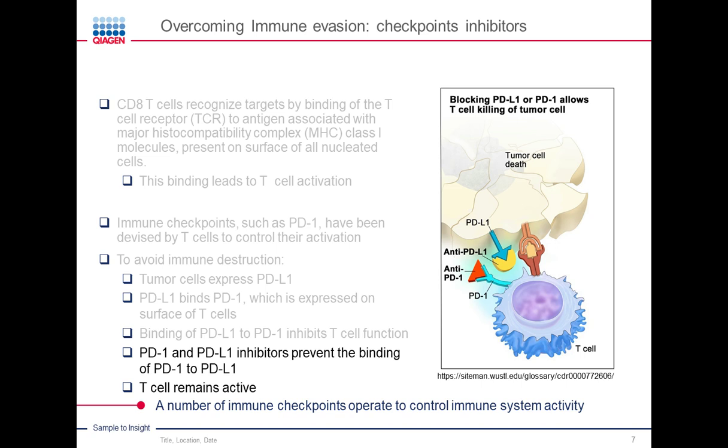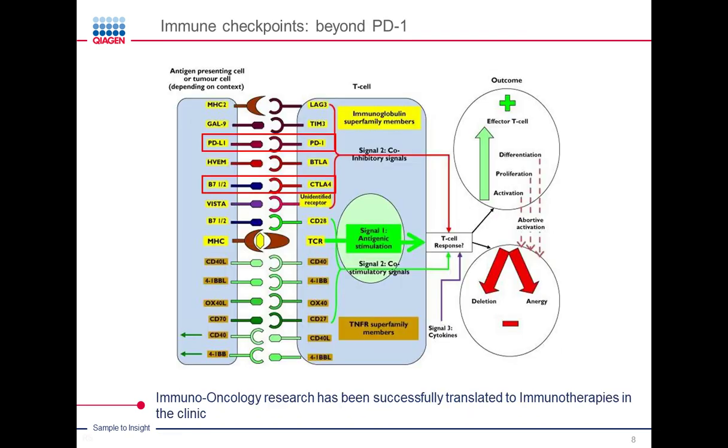A number of immune checkpoints operate to control the immune system. The PD-L1, PD-1 axis is only one of these forms, and this is shown on the next slide. There have been different types of immune checkpoints discovered that modulate the immune system. As you see on the lower part of the slide in green, these are the activation pathways that lead to the